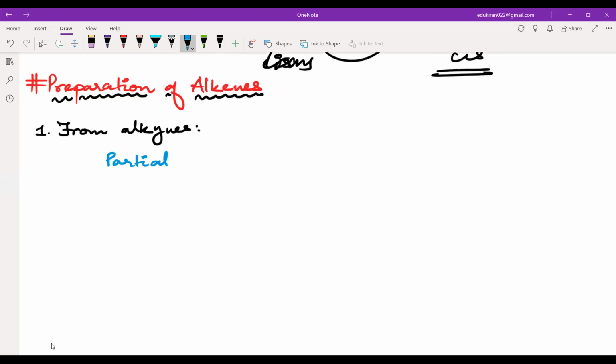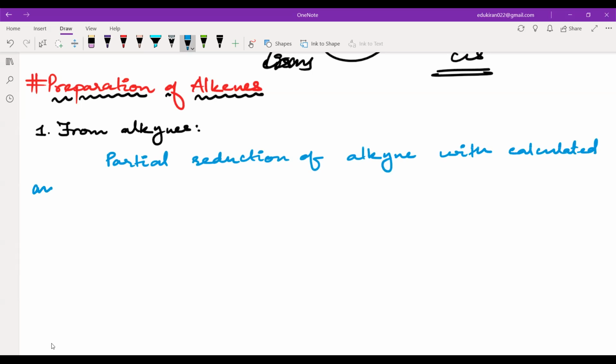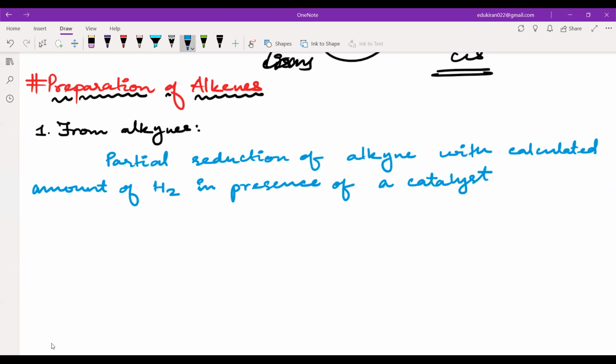So partial reduction of alkyne with calculated amount of H2 in the presence of a catalyst gives alkenes. Okay,